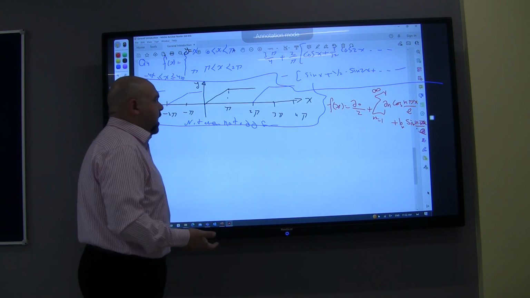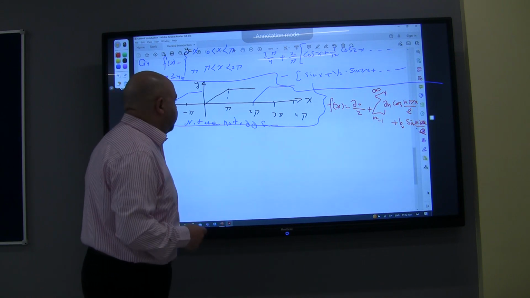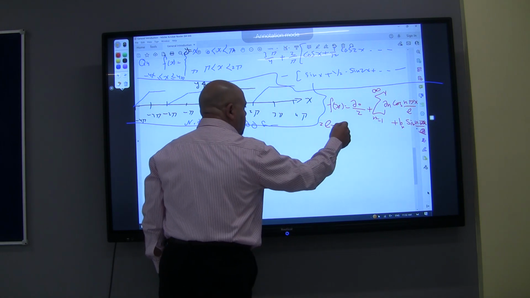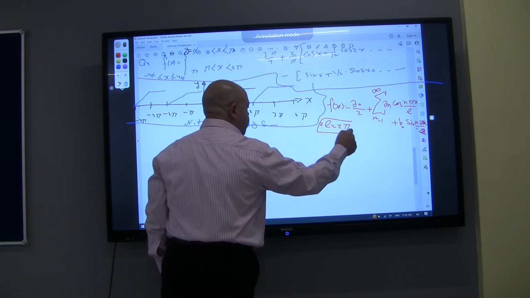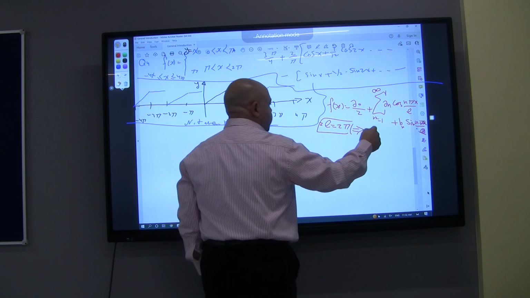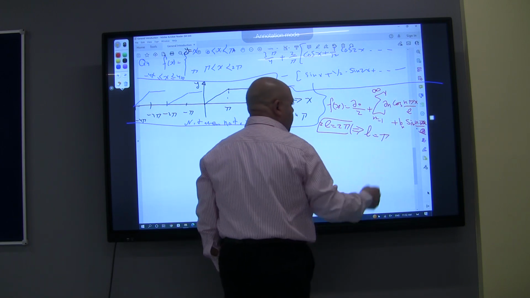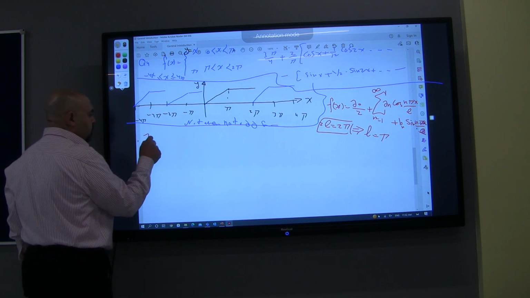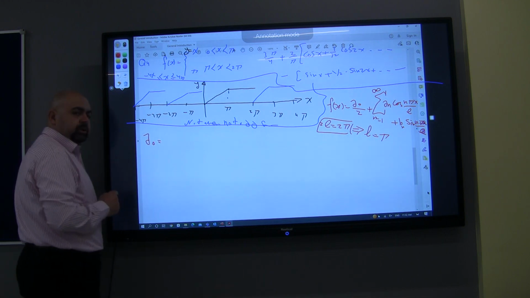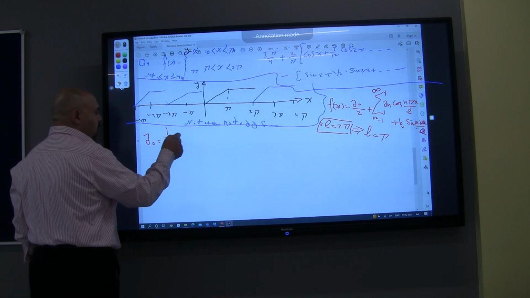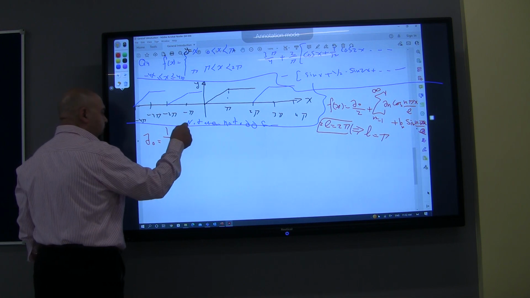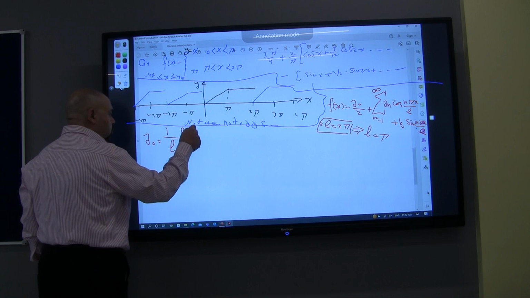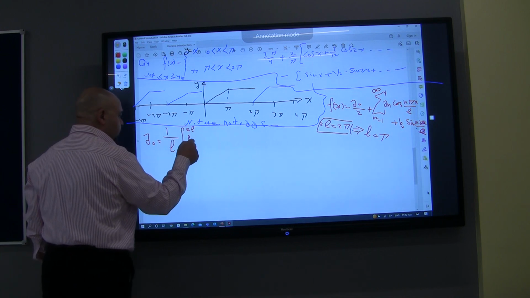طب ال L دي عبارة عن ايه؟ ال L دي عبارة عن half period. Since 2L equal to pi, the main period, this will develop in L بيساوي pi. اقدر دلوقتي اروح اجيب مين؟ اجيب الفاليو اوف A0. طب ال A0 ده بيساوي ايه؟ بيساوي 1 over L integrate from 0 to 2L for the function اللي هي